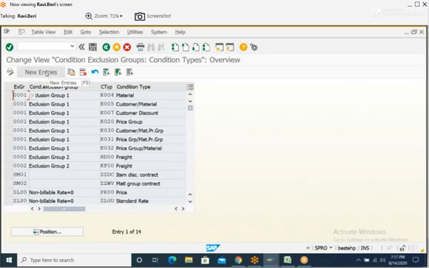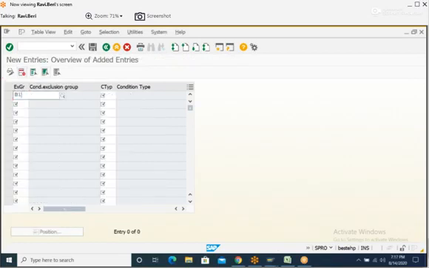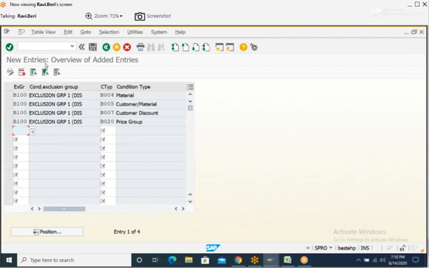Again, go to new entries. Mention the exclusion group B100, condition type B004, next B100, B005, B100, B007, B100, B020.